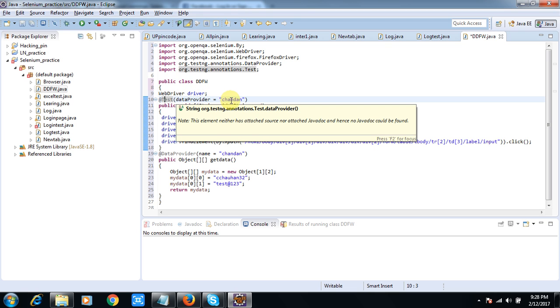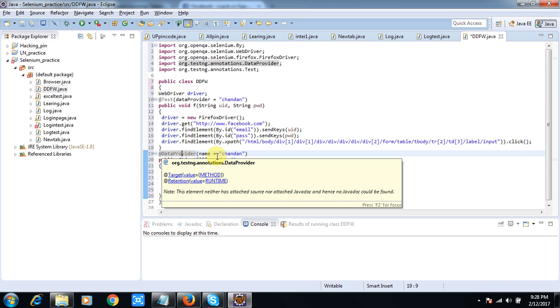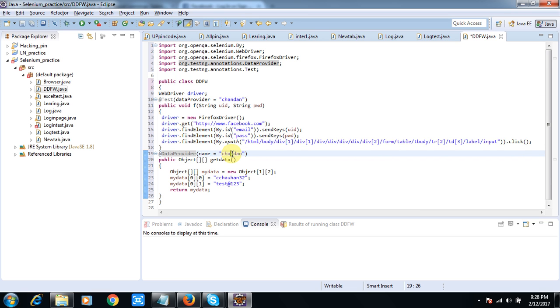It will come here, sorry for that. Now for the 0th row 0 column, it will get the value C Chauhan. It will fill that value here, and also for the second element it will get this value and fill it here. And for multiple, you can enhance the size of your array, the object array, like 2 rows 4 columns, something else. You can do all these things. Do more experiments on this. Let me run this program, and let's see what is happening.